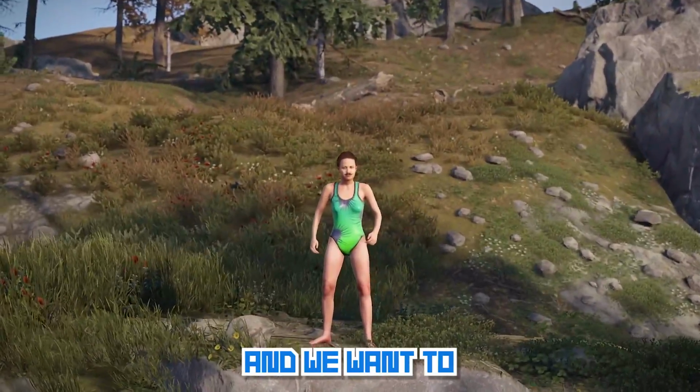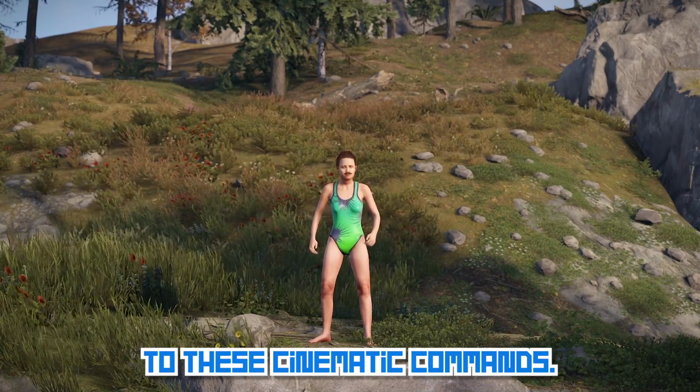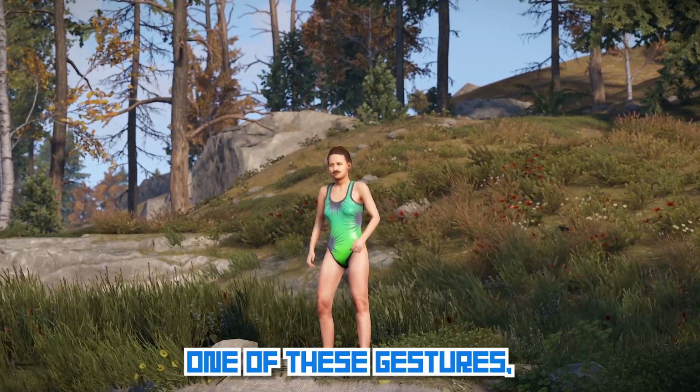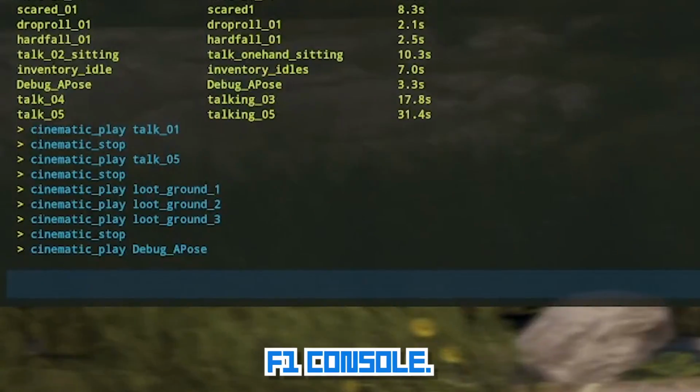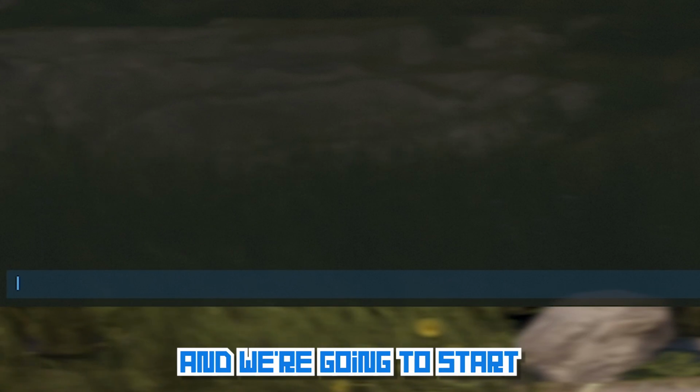Perfect. And we want to look at the gesture commands, and they're very similar in the way that they work to the cinematic commands. Okay, so to actually make our character perform one of these gestures, what we're going to do is we're going to open up our F1 console again. I'm just going to clear this so that you can see everything I do a little better. And we're going to start with